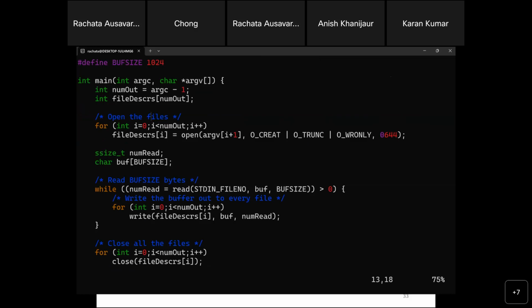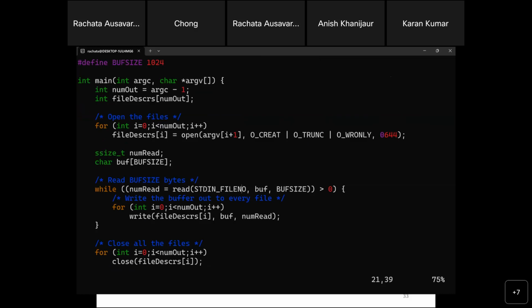So this is almost similar to a copy, but now your source is not the source file. The source is the standard input, right? The source is the standard input. And the destination is all the files you put in. So here, the first thing we do is open the output files. So let's say you output to 5 different files. You open them all into your array. Then you, again, have the buffer, right? Then you read not from a file, but from the standard input. So it's the stdin file number.